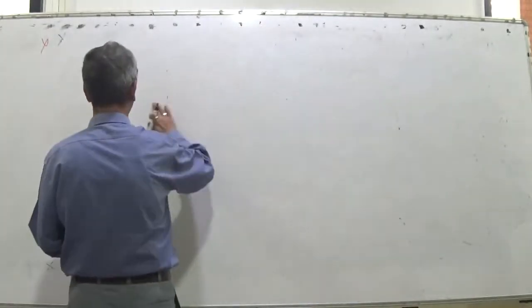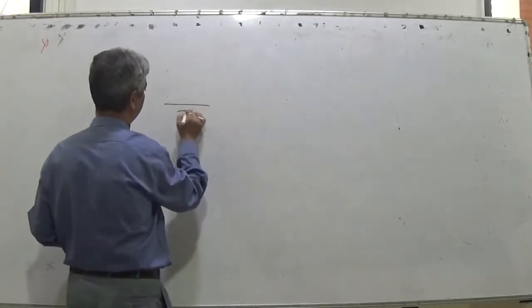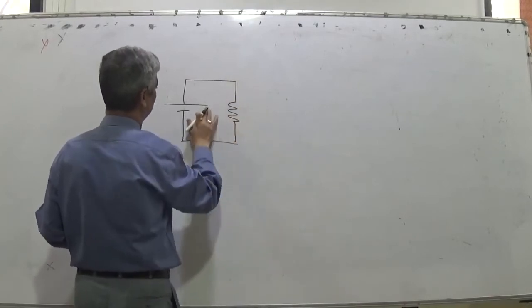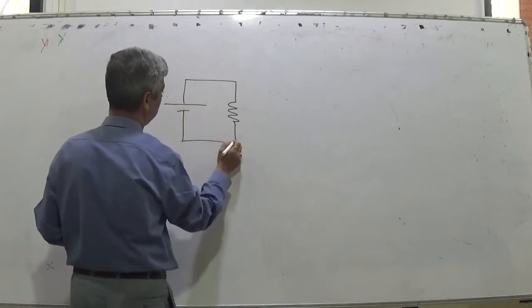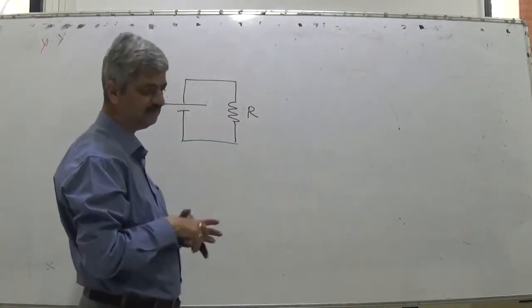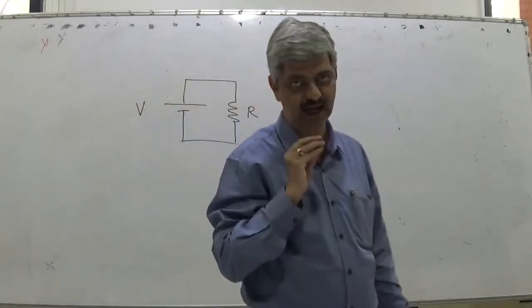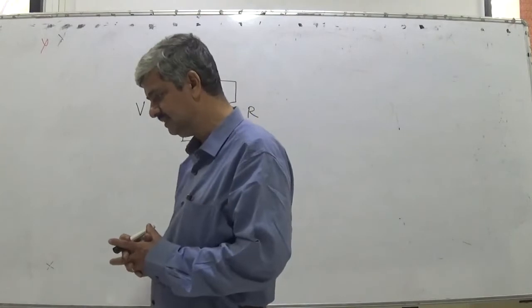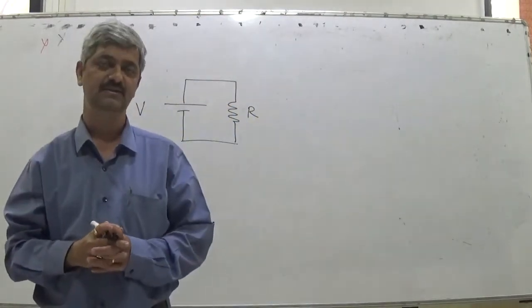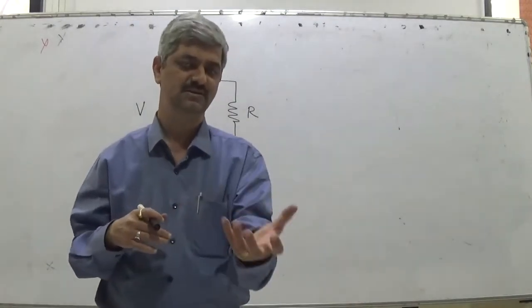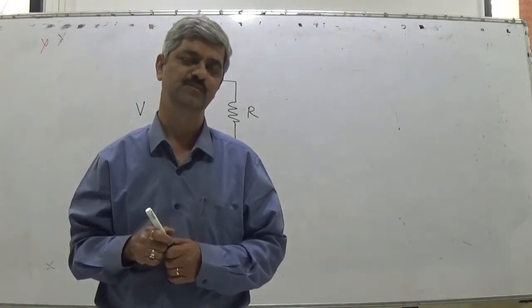It is very easy, you must have also seen it, but I want to revise because for AC the concept of power is very important. And for AC there are some terminologies, root mean square, that we will also go through. So if voltage V is applied and there is a resistance R, what happens is the resistance gets heated when the current flows for a substantial amount of time.